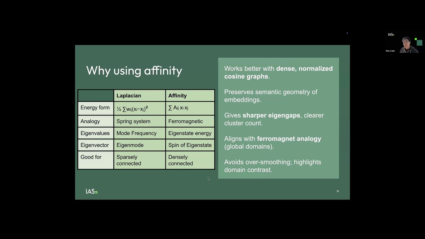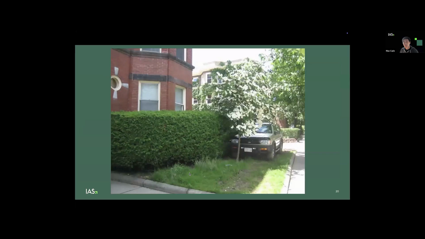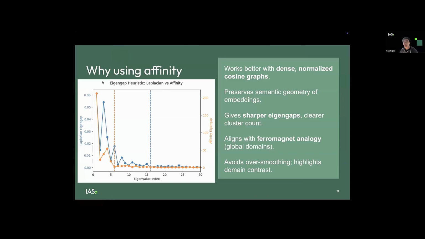Anyway, enough random physics. A little bit more about the application and results. So this is what you see: some buildings, some hedges, grass, trees, cars, road and stuff. And then we take the affinity matrix, shown in orange here. It says 6 is the optimal, whereas for the Laplacian the elbow is at 12, which is way off, and you can see that it is not as smooth